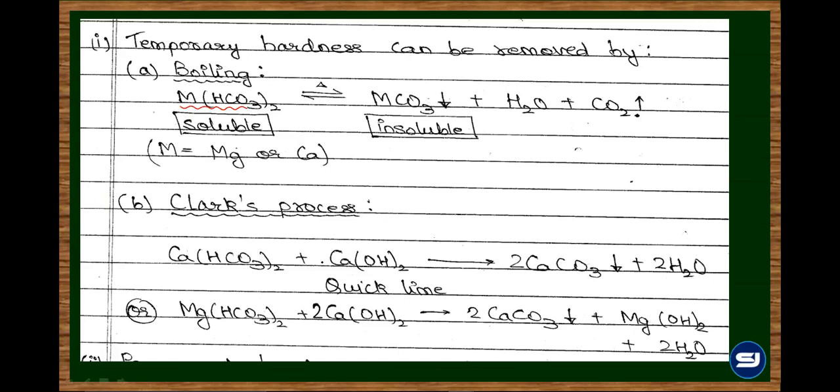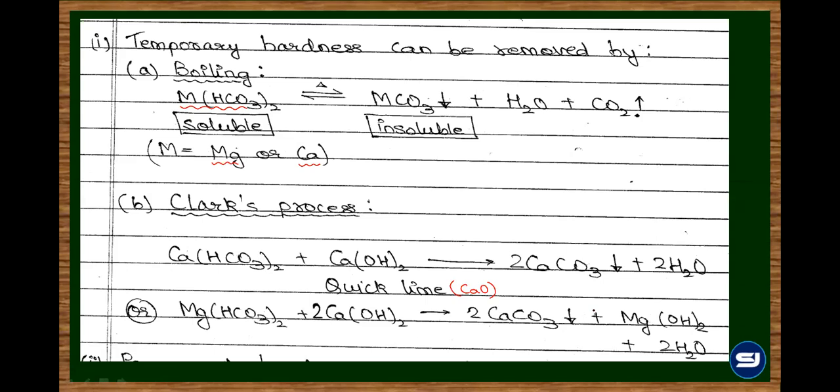And now if I come to the chemical method, the bicarbonate is treated with calcium hydroxide, which is called milk of lime. Quick lime is actually CaO, calcium oxide, and when you dissolve it in water, the aqueous solution of that is calcium hydroxide, which is milk of lime. So on treating with milk of lime, once again the bicarbonate is converted into carbonate, and here also the bicarbonate of magnesium is converted into magnesium carbonate along with Mg(OH)2 and water.